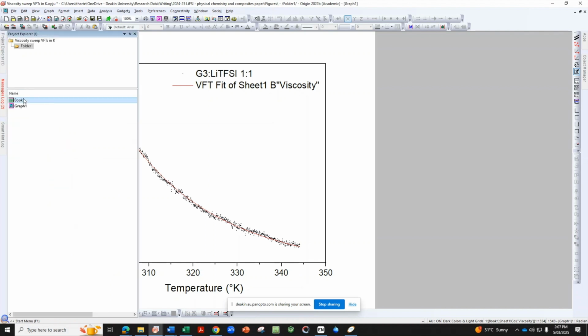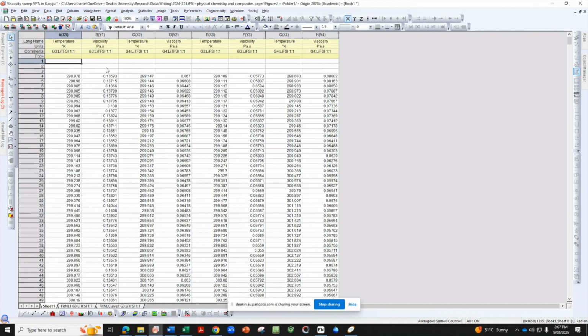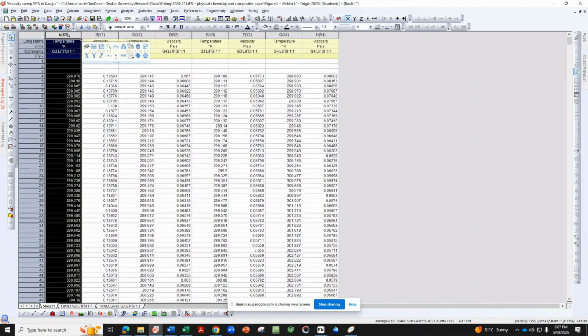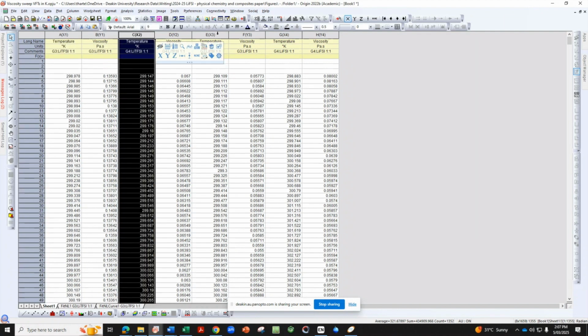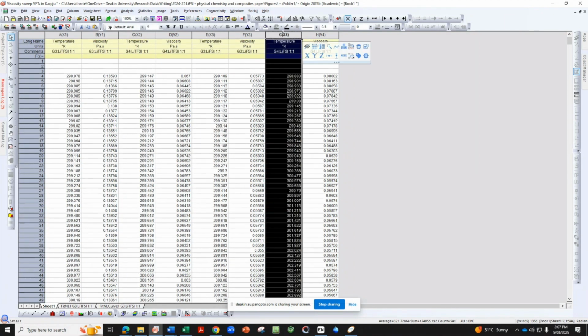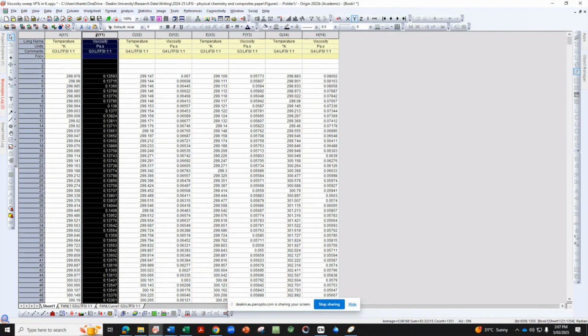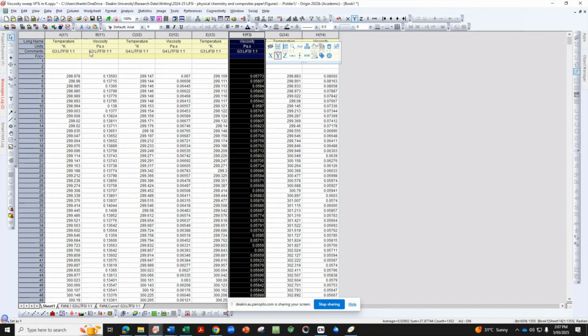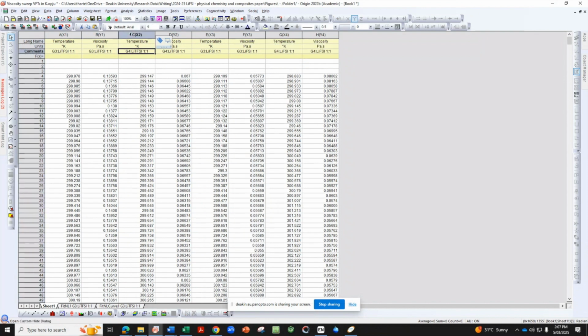So to start off, we will put all of our data into an Origin table. You can see here we've got 4 different sets of data. We've made sure that temperature is set as the x-axis for all of these 4 different sets of data. We've ensured that y is set for the viscosity, and we've labelled each of our different samples.